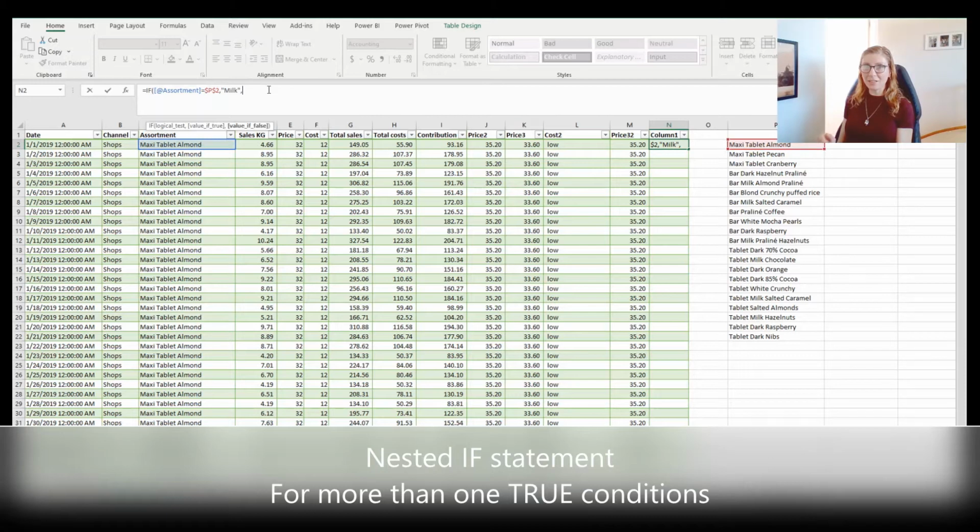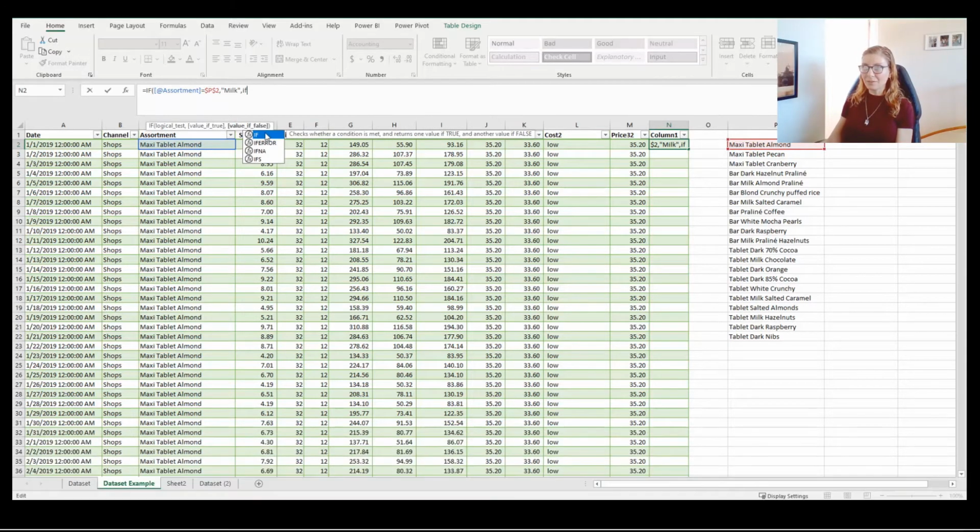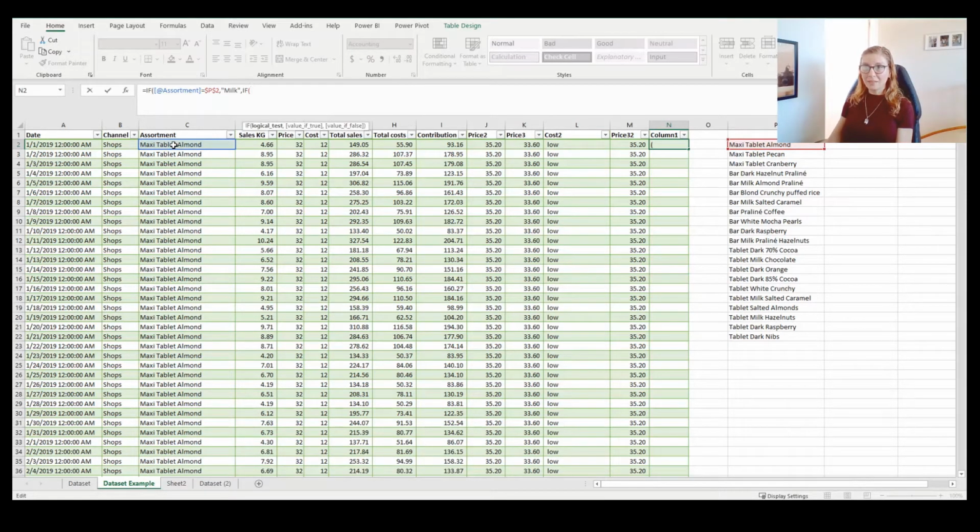So instead of the last argument I will type another IF function. If this is another name, just choose tablet dark orange, then give me the word dark,